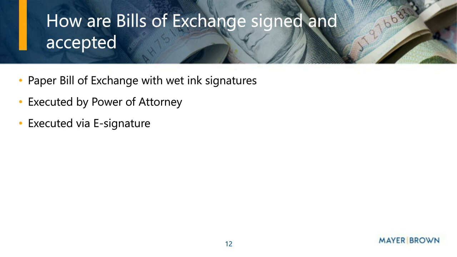But here it's kind of a two-part issue. So first, Article 3, which governs negotiable instruments, doesn't actually contain any provision for electronic signature. Now, there's been a lot of activity in the U.S. I think there's a clear market-accepted desire to have some sort of national provision to allow for electronic signature of drafts.